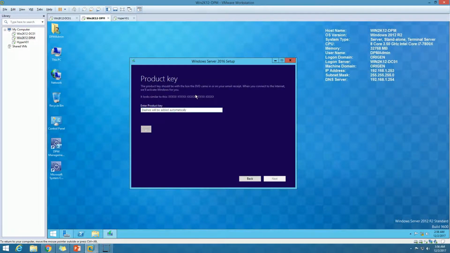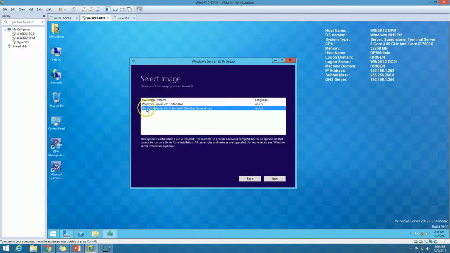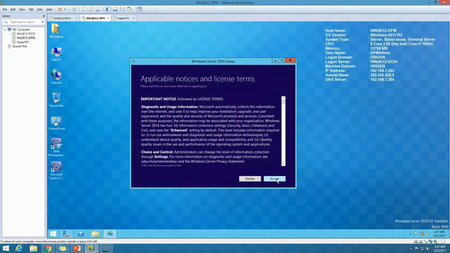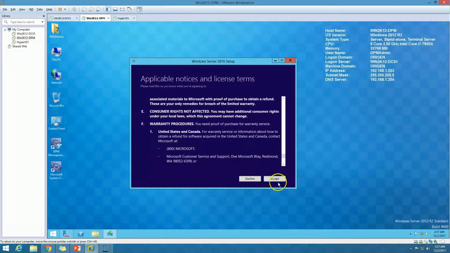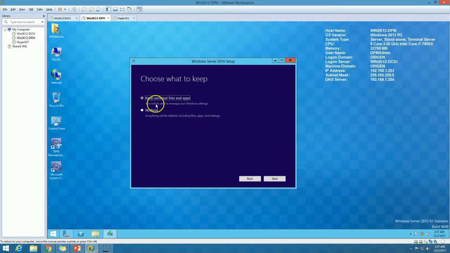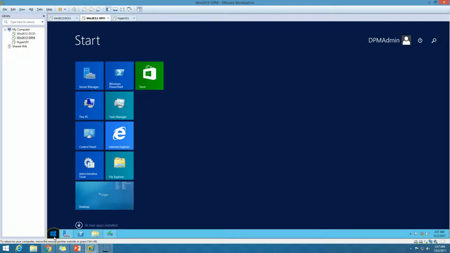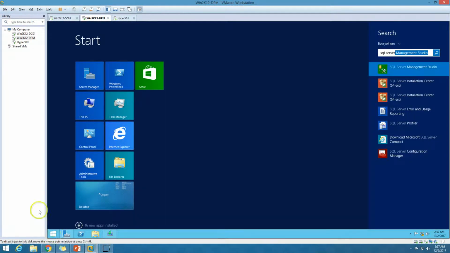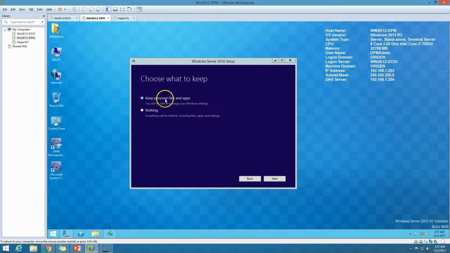Now it requires a product key, so I'm going to paste my product key here and click next. I have entered my product key, and now I'm going to upgrade to Windows Server 2016 Standard Desktop Experience. Click next. I accept the license terms, and here we have the option to keep your personal files and apps, which is required here. I'm going to keep all my applications and SQL servers, so I'm going to use the first option, keep my personal files and applications. Click next,